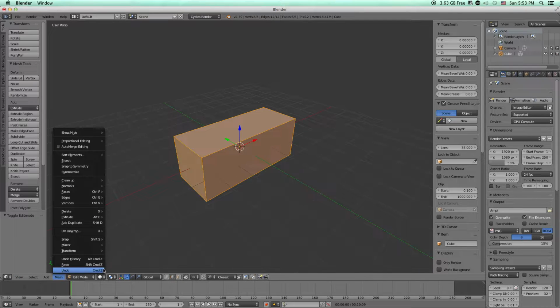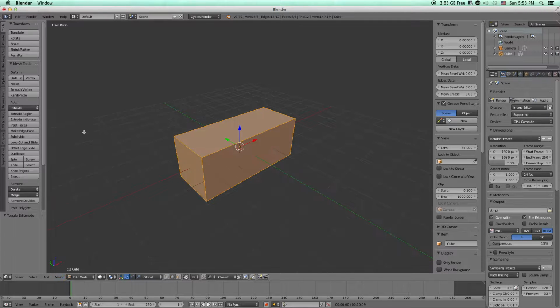Normally it does. Normally it will show like this. What shortcut is there, and you can even change it from here, or you can change it in the user preference. But it will be Tab to go in and out of edit mode, and in edit mode we're going to have